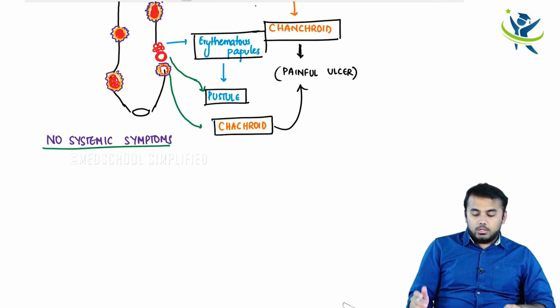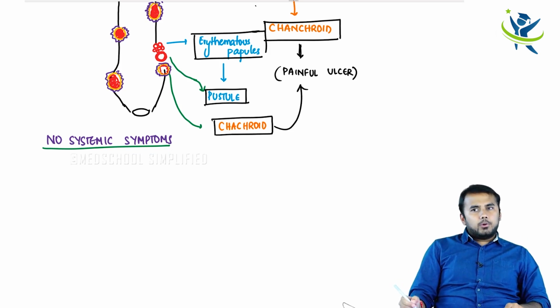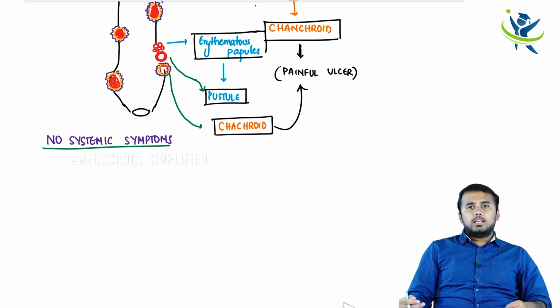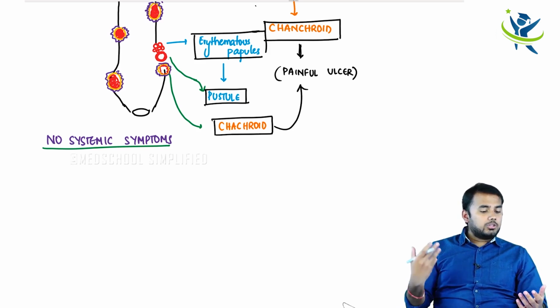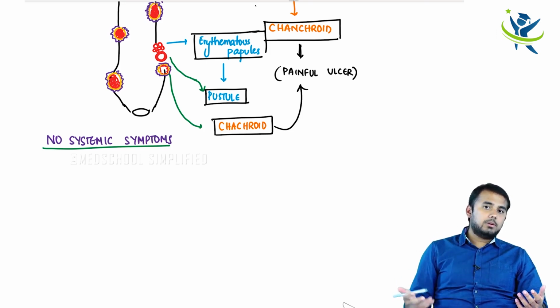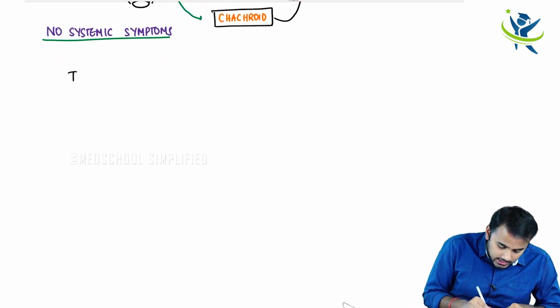Right. You get a doubt. Sir, I have studied about Treponema pallidum in my class, and I have also studied about herpes virus in my class. Even in Treponema pallidum and herpes virus, we have got some ulcers in the genital region. Now, how are you going to tell, if I look at an ulcer, what should I think? Should I think that it is Hemophilus ducreyi, or should I think that it is herpes, or should I think it is Treponema pallidum? Keep in mind one thing, guys, that in Treponema